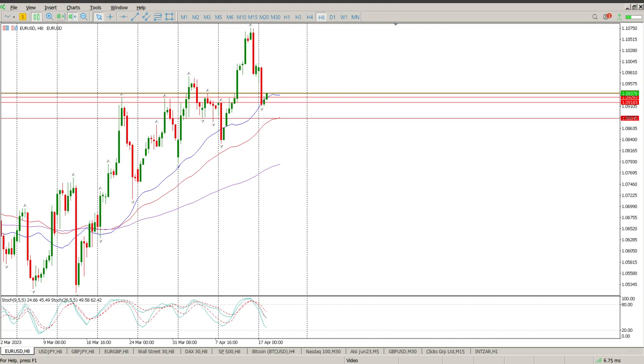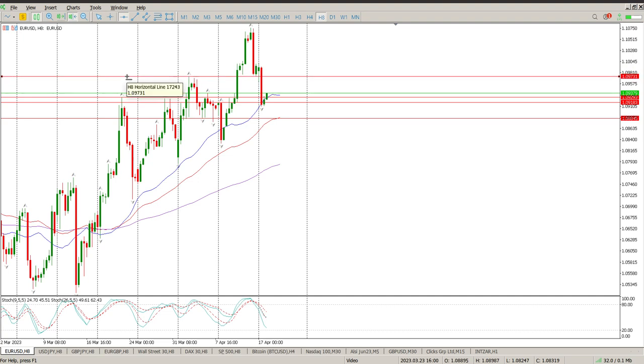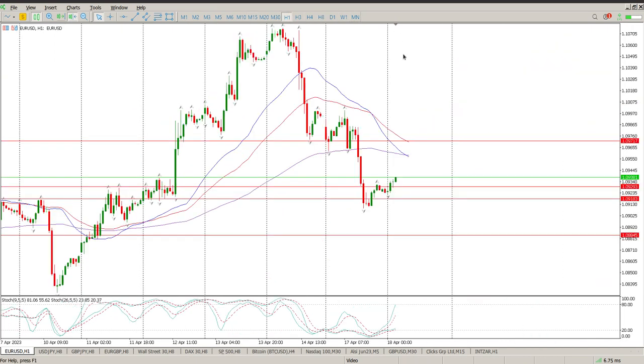So starting with Euro USD, and we have had a fairly decent sell-off here. We are bouncing off an area of potential support, but there is a little bit of structure higher up, and I'm gonna just drop it a little bit below that level. So there's a couple of areas. We are at the one level first, that's 109.390, and then just a little bit higher up is another level of 109.17. So if we drop down to the hour, this is a fairly strong move to the downside,